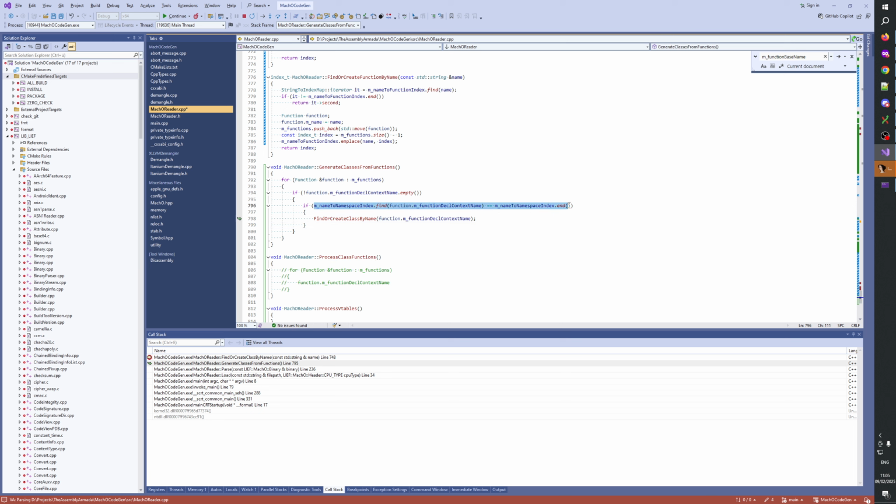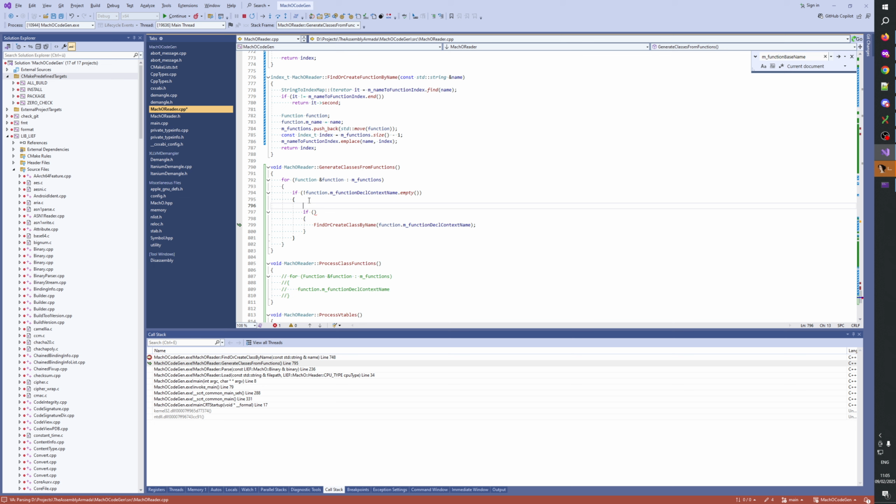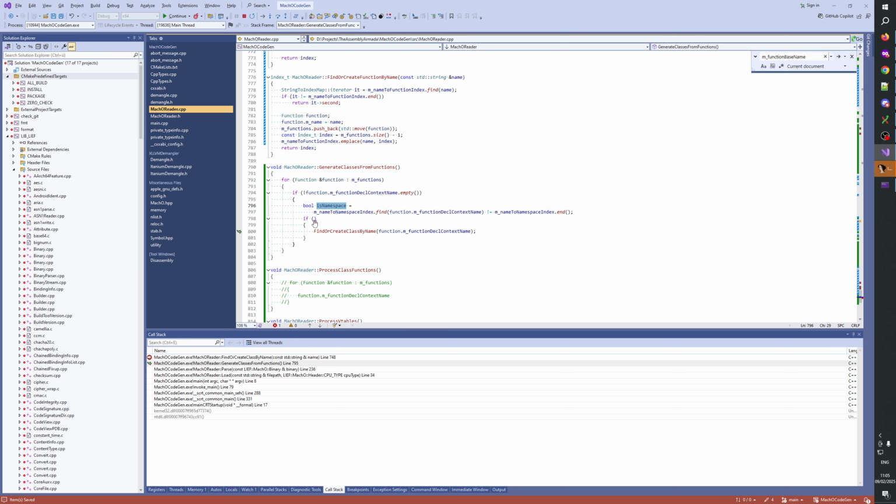Let's put it in a boolean. Is namespace bool. There we go. And then if not is namespace,